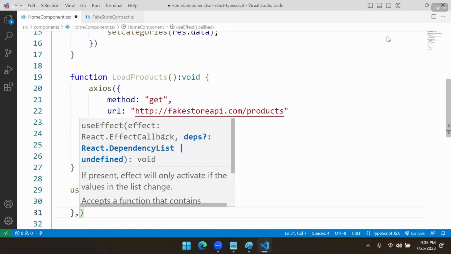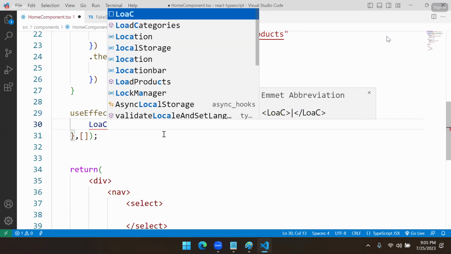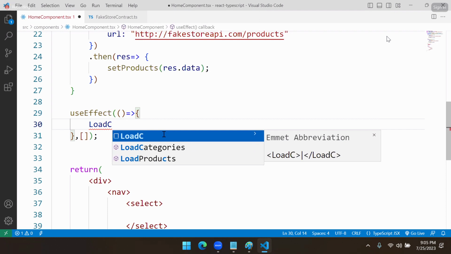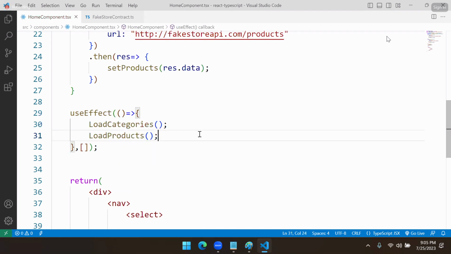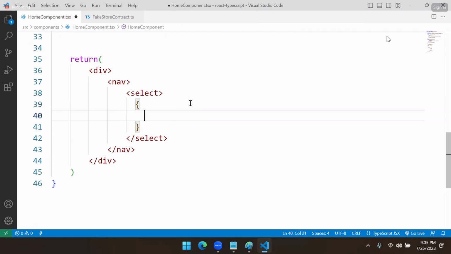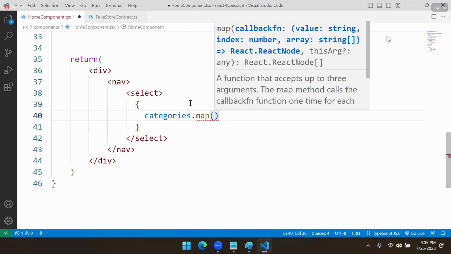So we have load categories as one method, and load products as another method. These we have defined. Now we need to access and display them here. That means here we are using a binding, and we have categories and categories dot map, and we read every category and we will print the category as an